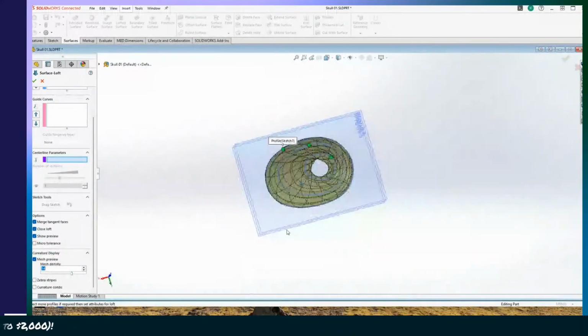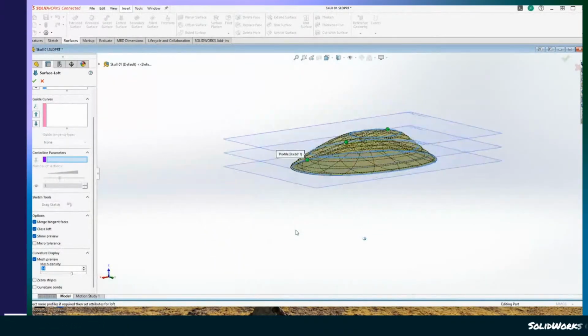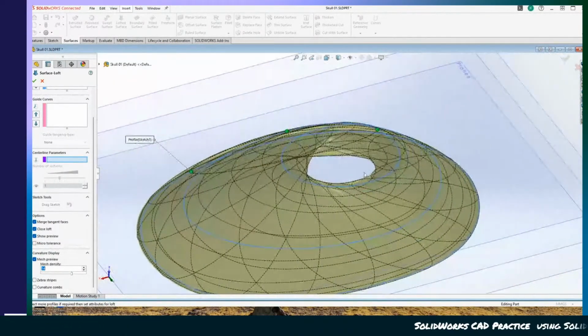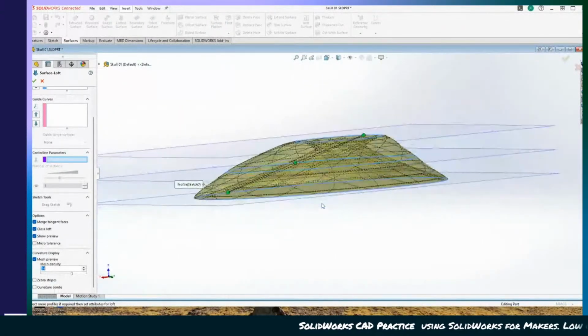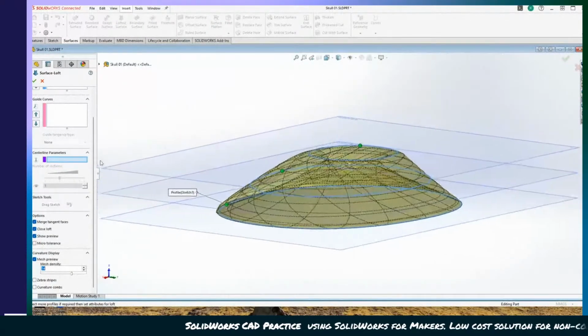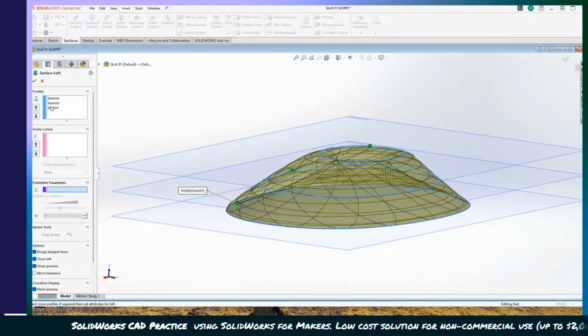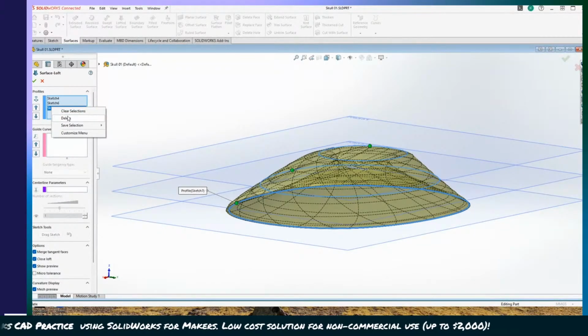Oh no, that's creating a solid. We don't want that. We just want a surface. We don't want multiple surfaces. If we get rid of this one,